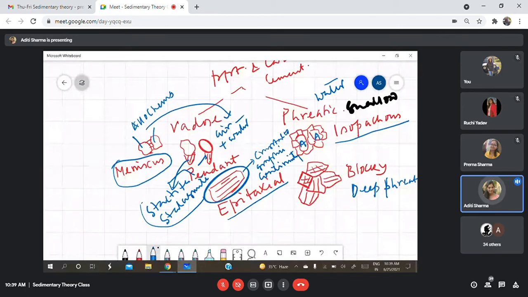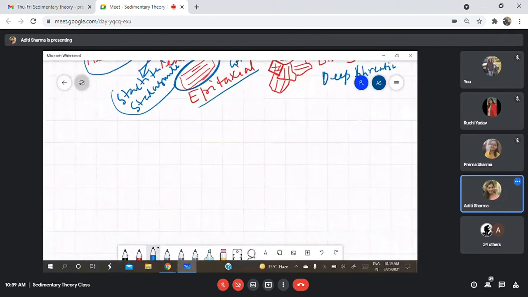So now you have understood the kind of mineralogy of the cement, but ultimately all the minerals and the cement tend to be low Mg calcite. Low Mg calcite. Okay, that is a tendency. Now, if we see the carbonates through geological time. Carbonates through geological time.